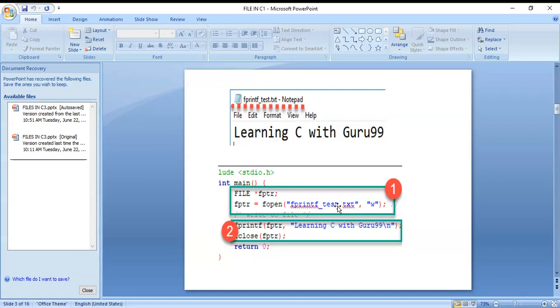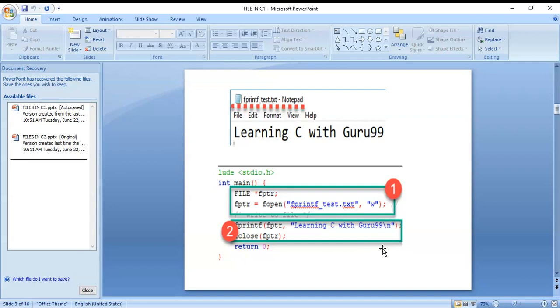Next, #include <stdio.h>, that is the header file. Then the int main function with opening and closing braces, and after the curly braces we open the file. Here fptr is the file pointer, and fptr calls fopen. fprintf_test.txt is the file name, and the file is opened in writing mode.